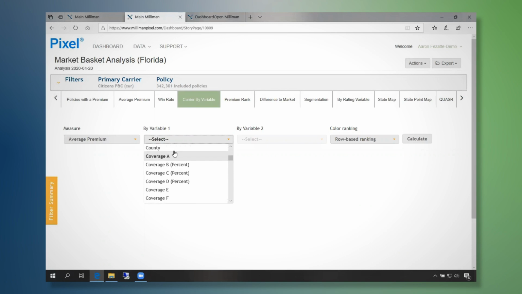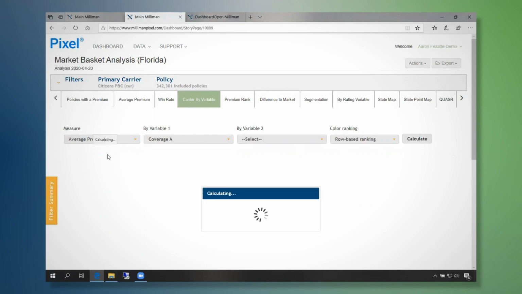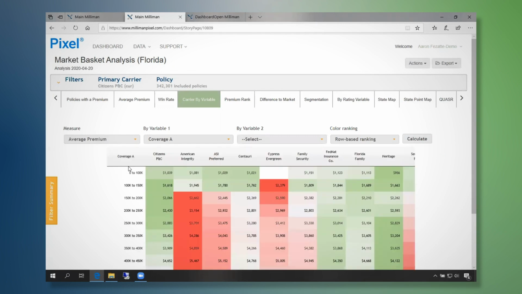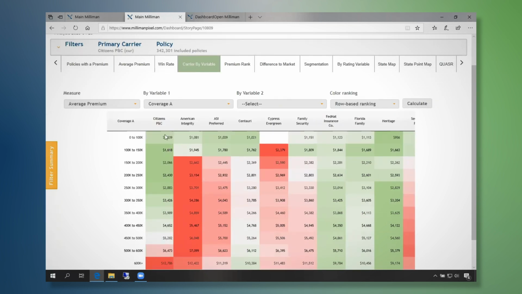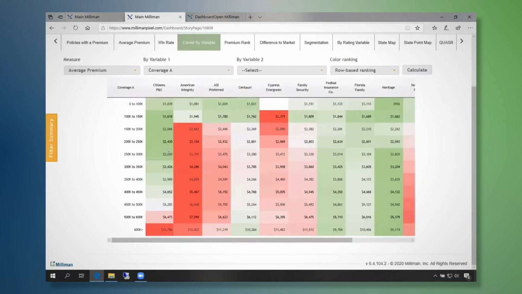So for example, let's have a look at coverage A and see how the average premium varies. In the first column, you'll always have the primary carrier, and that's going to be pinned on the left. As you scroll to the right, you'll always be able to see the Citizens view on your screen.